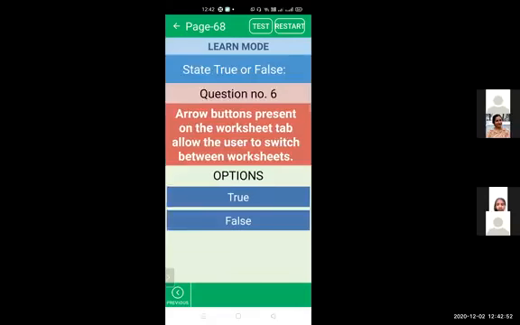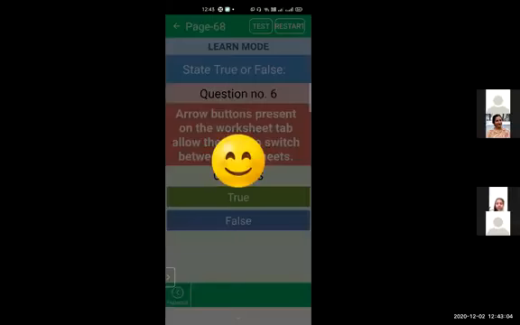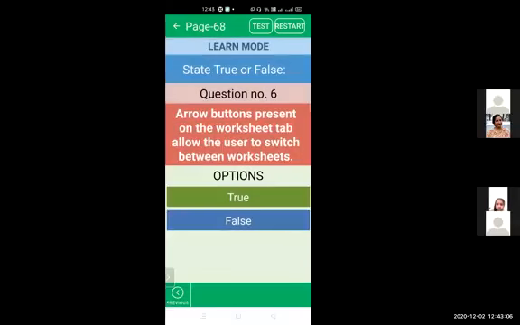Sixth one is arrow buttons present on the worksheet tab allow the user to switch between worksheets. True or false? So I'm getting true as answer. So this is true. All right. We have 6 statements in total.